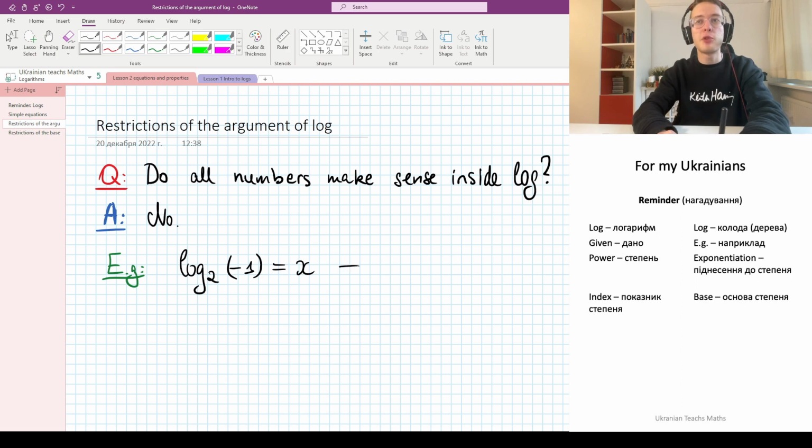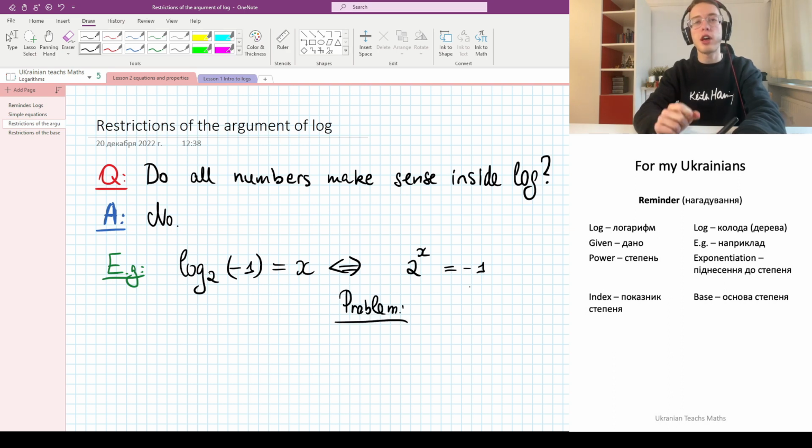Well, then we are going to do the very same trick we did before. We are going to rewrite this expression using powers. So I have the result of exponentiation, minus 1, so I have minus 1 here on the right. I have base 2. And I have the index of a power x. Is there something wrong with this one? Or actually yes, because we know